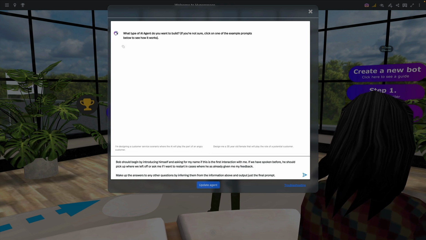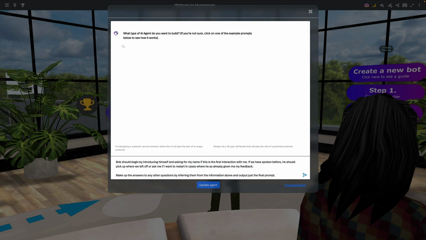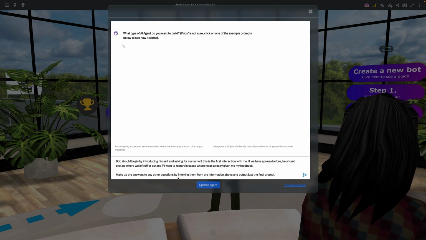I've already prepared a description for our target persona, a skeptical CFO at a mid-market company who's considering our 5G infrastructure solution but has several objections. Watch how quickly we can turn this into an interactive training experience. I'll simply paste in my description into Genie Mode and add this magic phrase at the end. Make up the answers to any other questions by inferring them from the information above and output just the final prompt. Now I click the arrow button,